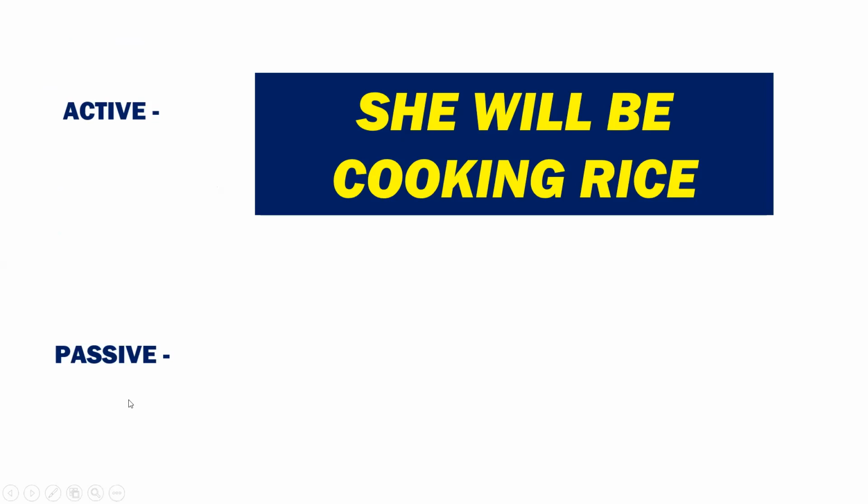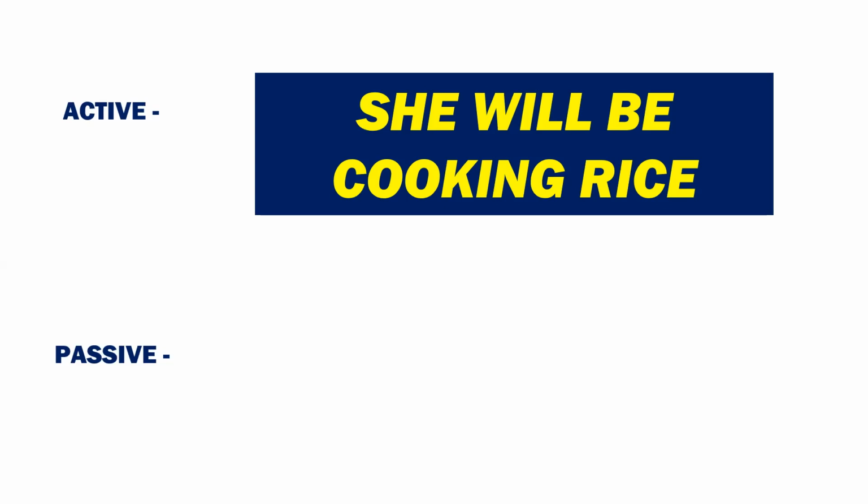Manikandan ji, would you like to try? She will be cooking rice. First check how to check the object. Rice. Start with rice. In future, just put the auxiliary verb as it is. Which auxiliary verb is it? Will be. Rice will be